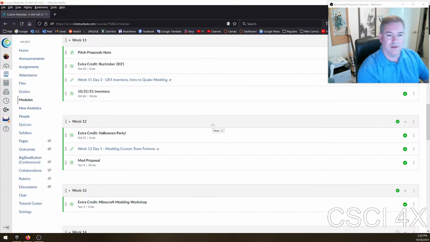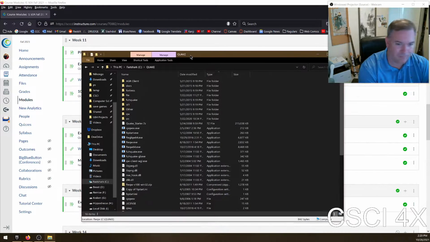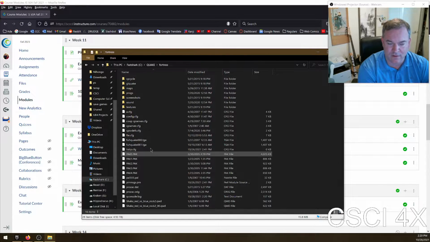Okay. So from the console, just type quit, hit return. There's a lot of things you can do from the Quake console. Binding your keys, for one thing, is kind of important if you want to play the game. There's a lot of key binds and stuff like that. If you go into the Quake directory, if you go into Fortress, you'll see that there's these config files, and